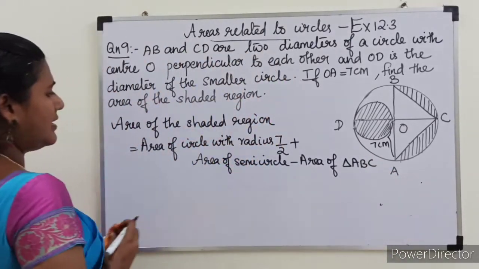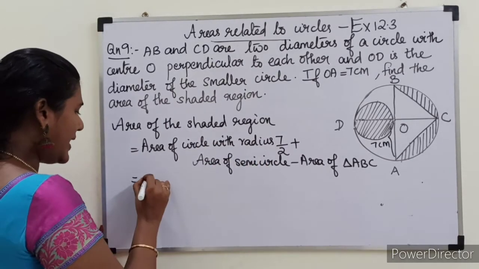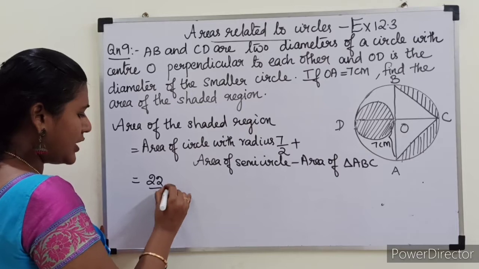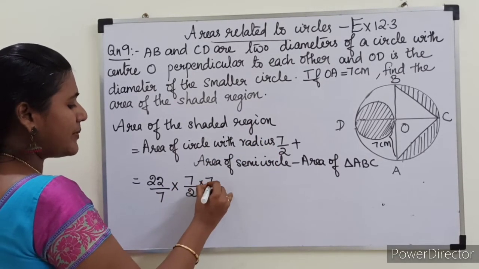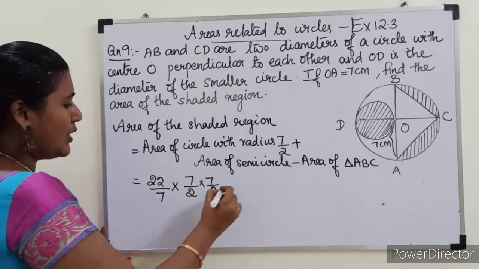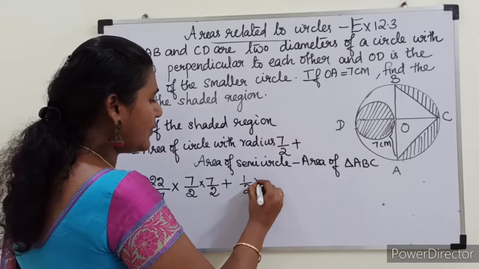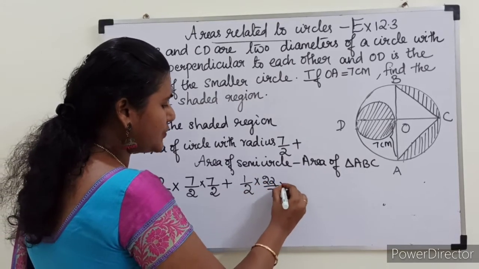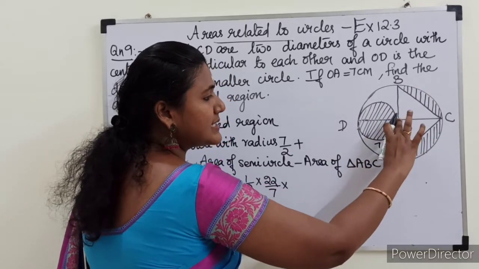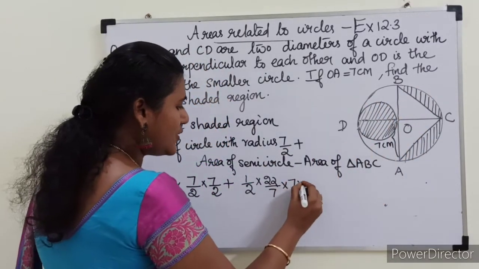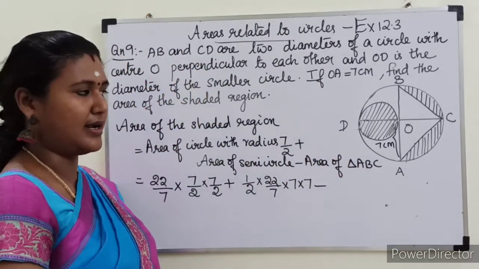So, first we will find out the area of the circle with radius 7/2. So pi into r square, that is 22 by 7 into r square. Here the radius is 7 by 2. So 7 by 2 into 7 by 2. Plus the area of the semicircle, that is 1 by 2 into pi r square, that is 1 by 2 into 22 by 7 into, for this semicircle, the radius is 7. So 7 into 7, minus